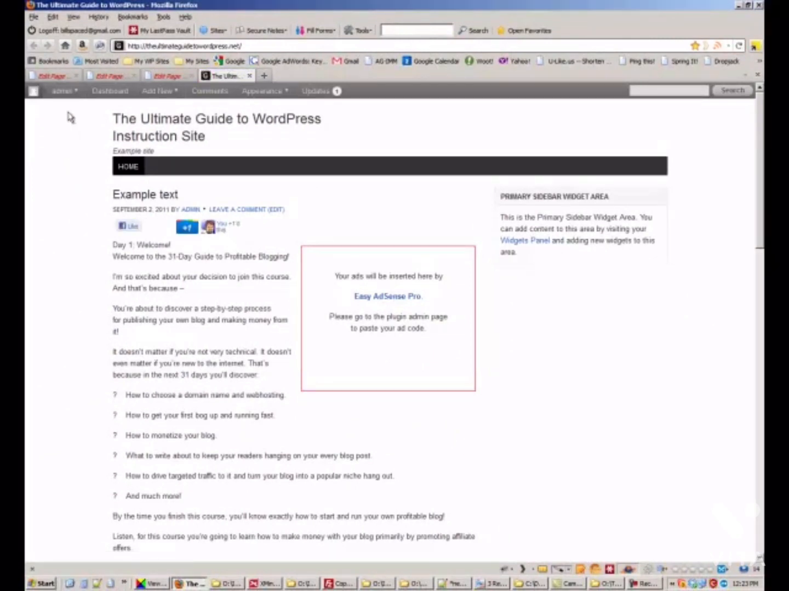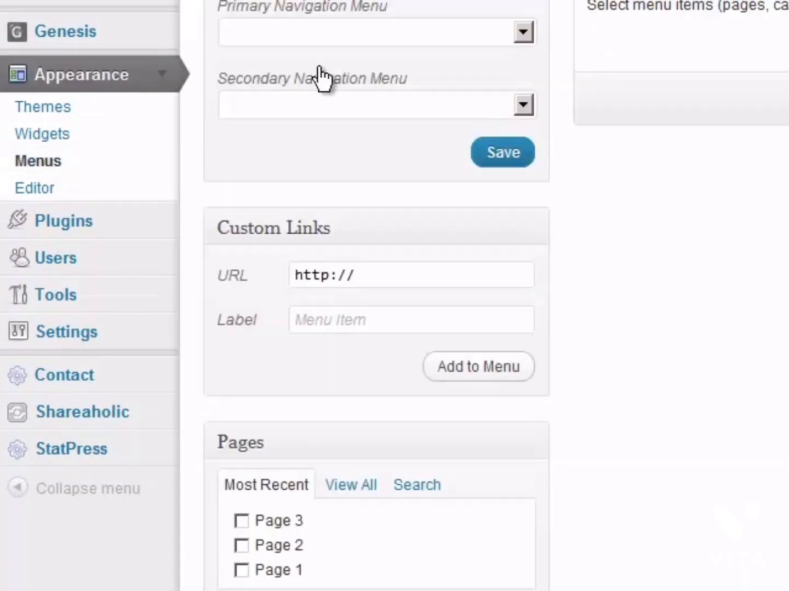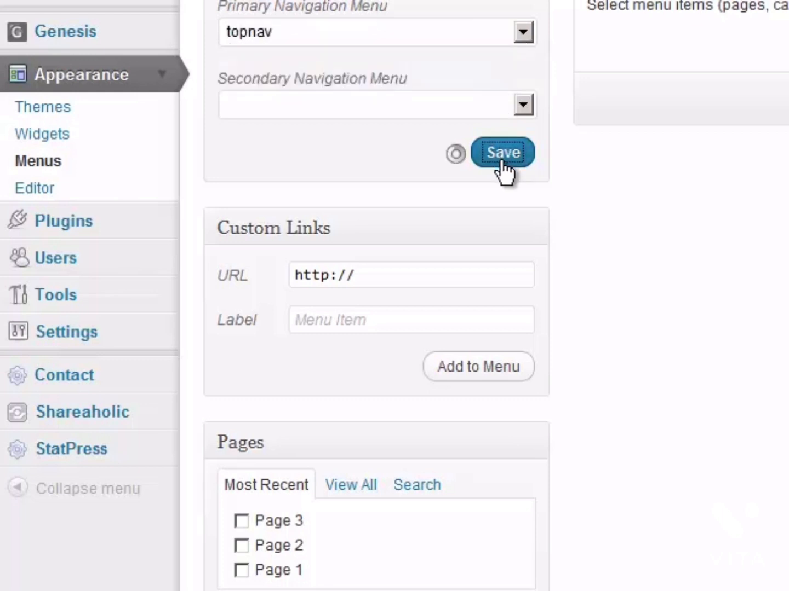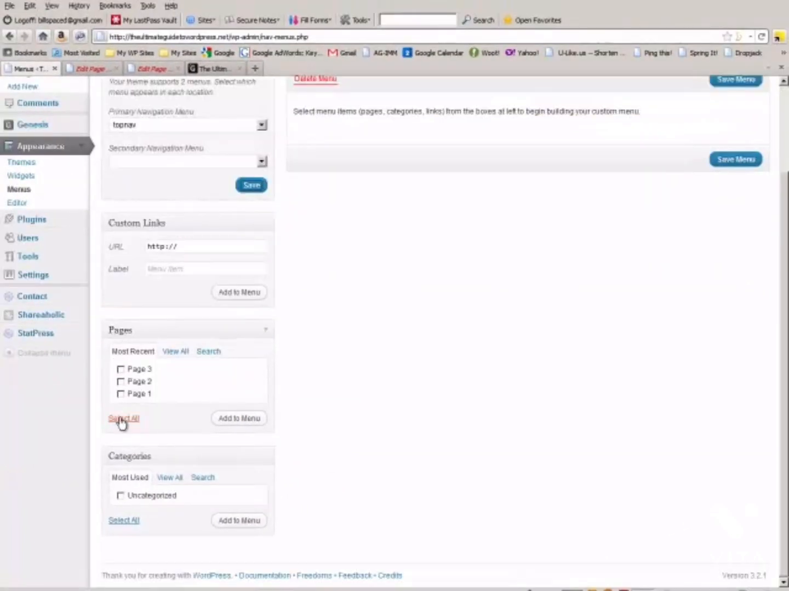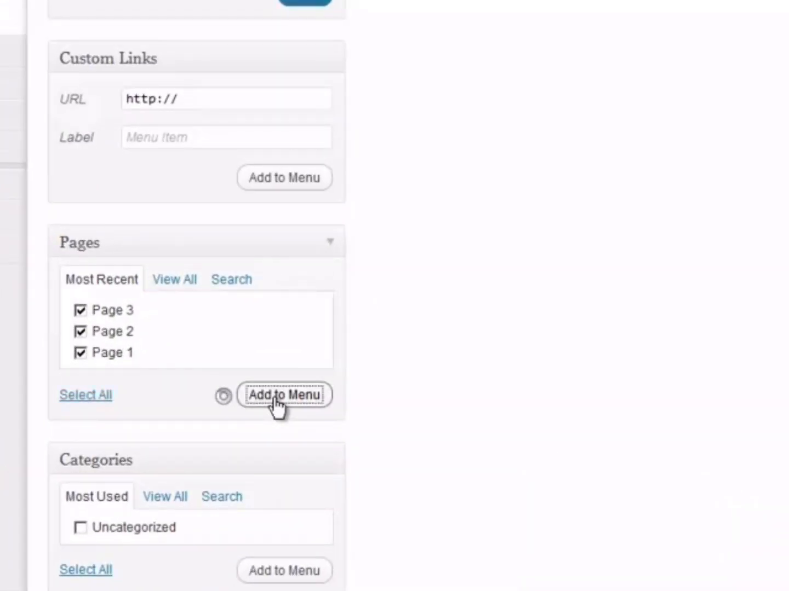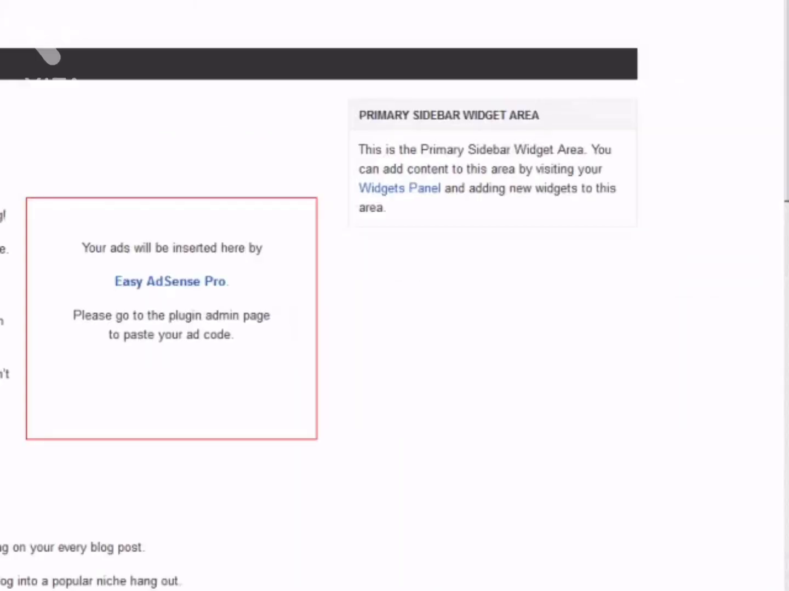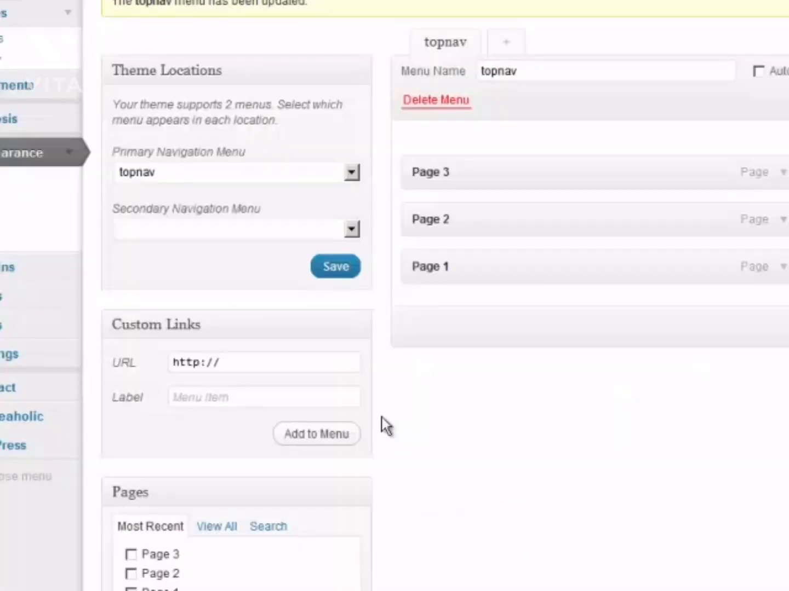Okay. So you actually have to go to Menus and add those pages to the menu. So watch what we can do here. Okay. Go down to Pages, select all, add to menu, and save the menu. Go back to your site, and what do you see? You see your 3 pages there, right? Okay. Go back to the menu,